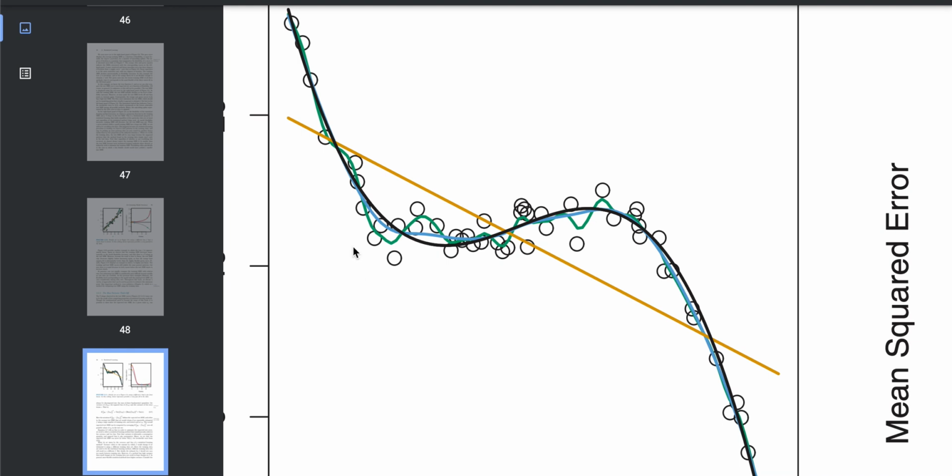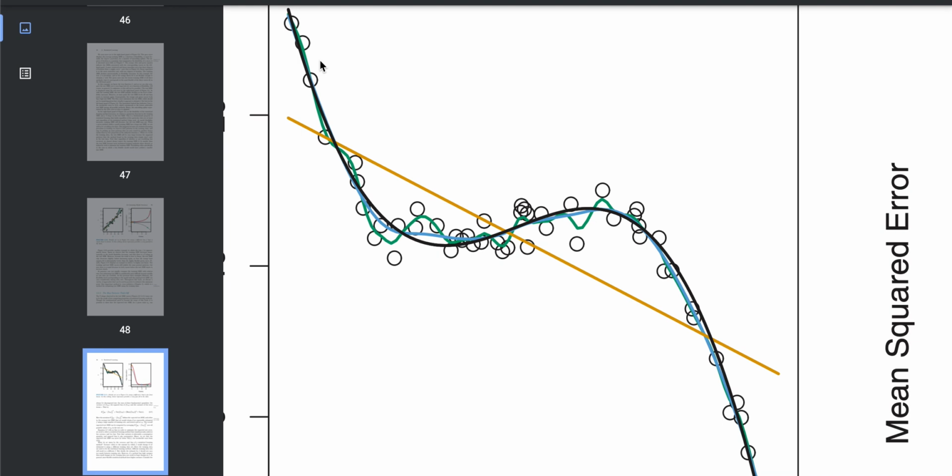On the other hand, we can have this very flexible green curve, or even the blue one, which is trying to pass through as many points, or as close as possible to the points. It's very flexible, and it captures the nuances in the data. Whether that's a good thing or a bad thing